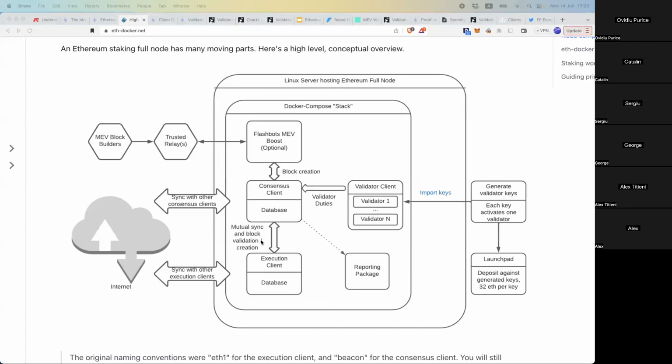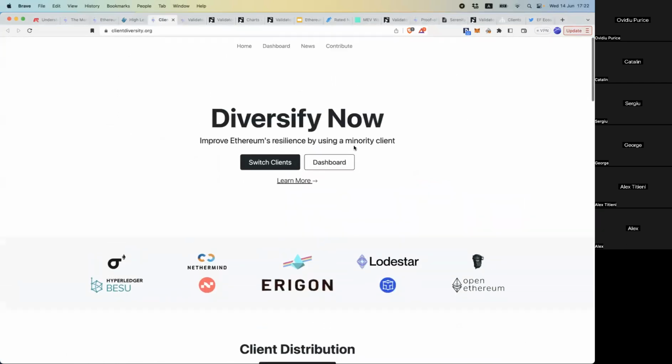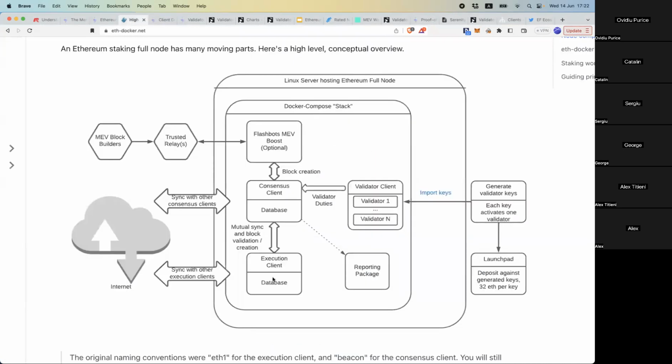Now, another property of the Engine API is the fact that you can now have multiple implementations of both the execution client and the consensus client. And this is something the Ethereum community is trying to promote heavily. What the Ethereum community thinks is that if there is a critical bug in one of the implementations, and that implementation is too popular, let's say, or is used by the majority of the network, it can just crash the network. So you can get into a situation where just because of a bug, you have the entire network down. And that's why